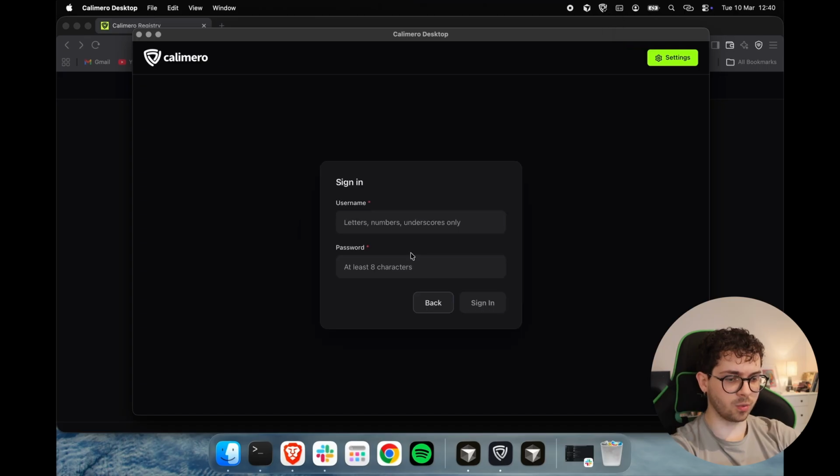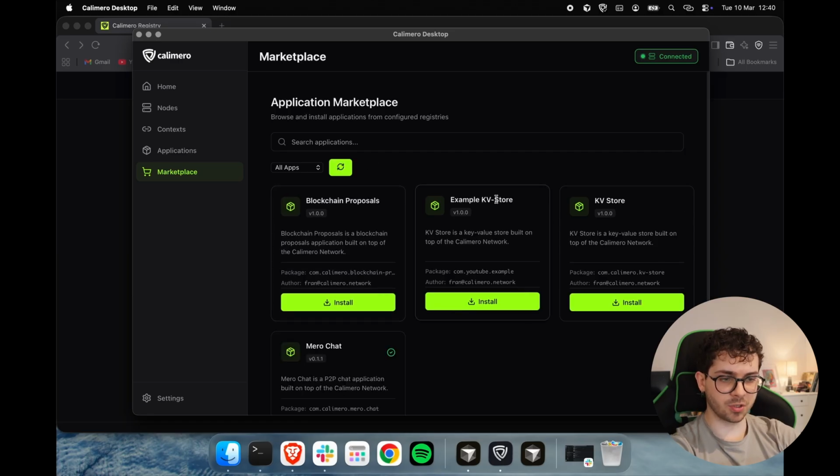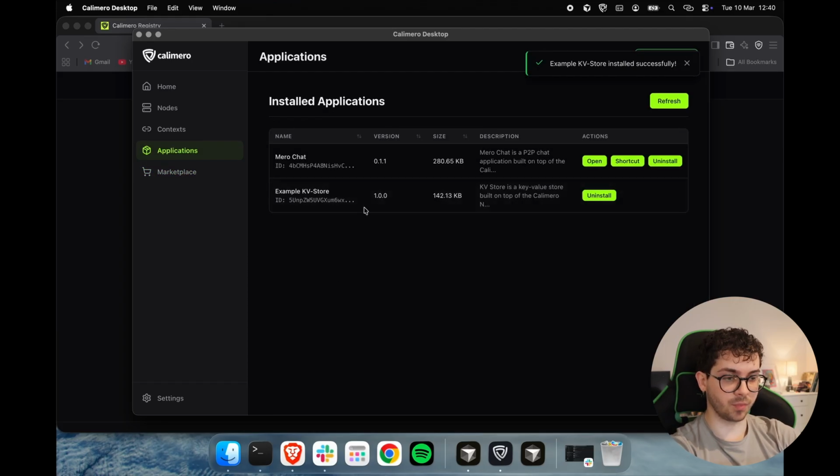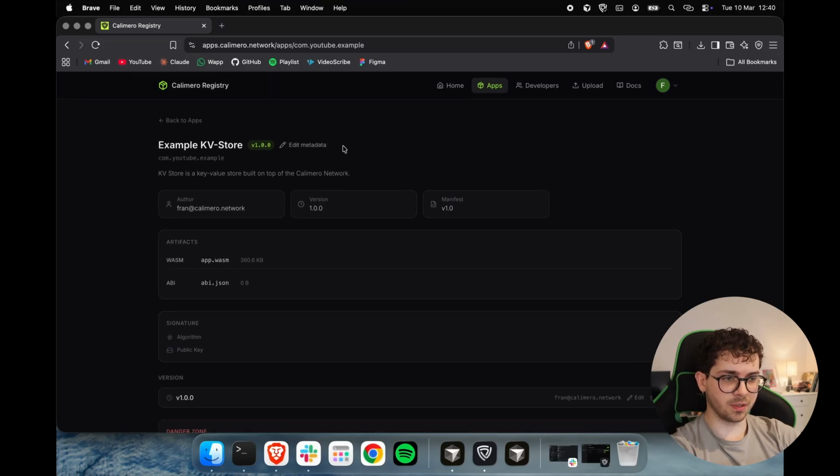And just to check it out, we're going to use the Calimero desktop application, refresh the application marketplace, and we see that the example kiwi store is here, and you can already test it out if you have the front end for the application. But we didn't add it to this one. Yeah, we can also delete the package, but we're going to leave it. We are going to use the same application, just change the name and package, but we're going to use it